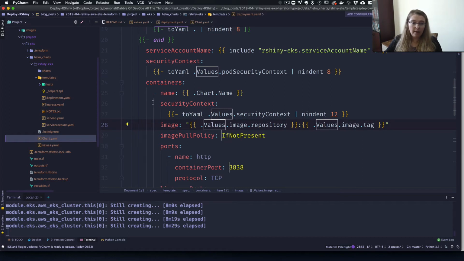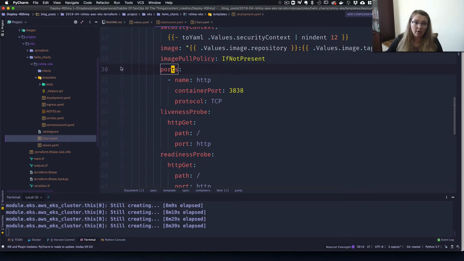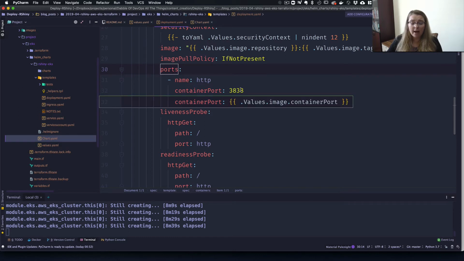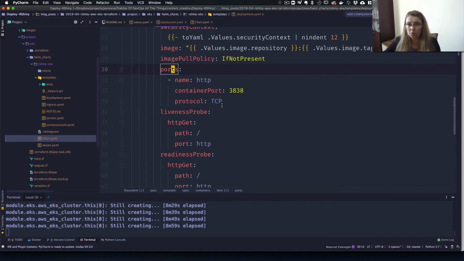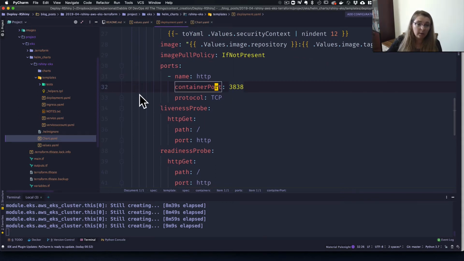There we go. So we have the containers, and the next part is the ports. Like I said, the container port is 3838. That is the port that the application running within the Docker container is running on. So this is pretty important to know. Depending on your application, it's going to be running on a different port. This is our port here. Obviously, if the application in your container was running on port 80 or port 8080, you would change the container port to whatever is appropriate for your context. And then what this gets mapped to,